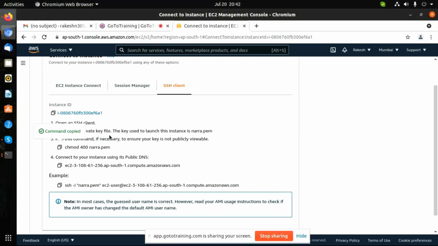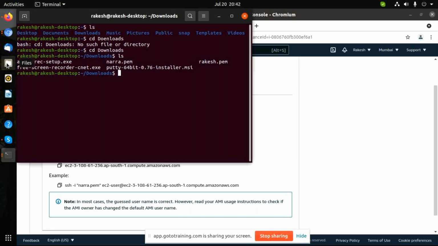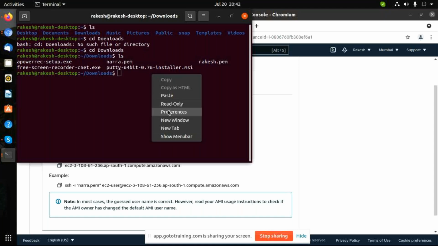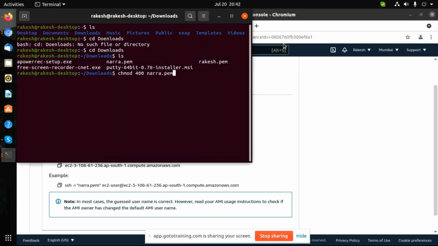It is the chmod command. What is that command? You will come to know later in Linux. Okay, just follow the steps. Copy and run it. But it's saying narra.pem. Where is that key? I don't see that PEM key in your Linux box. Go back to the terminal. Do you have that PEM key also? Yeah, it is also there. Yes, run that command. It is a one-time command, guys. Run the third command. Paste it. Enter.